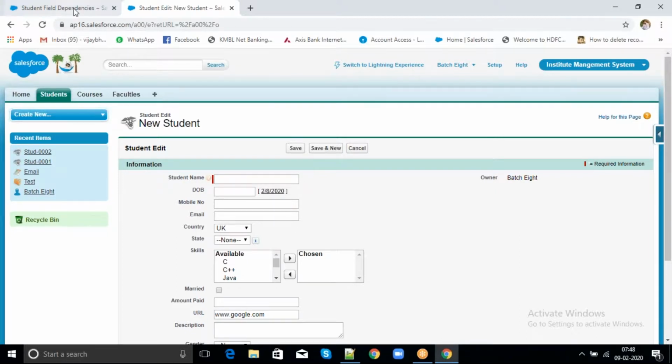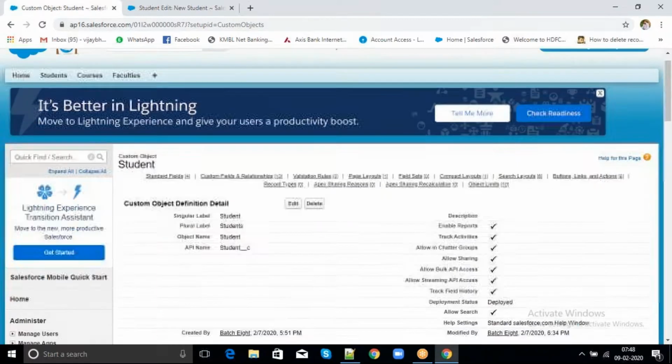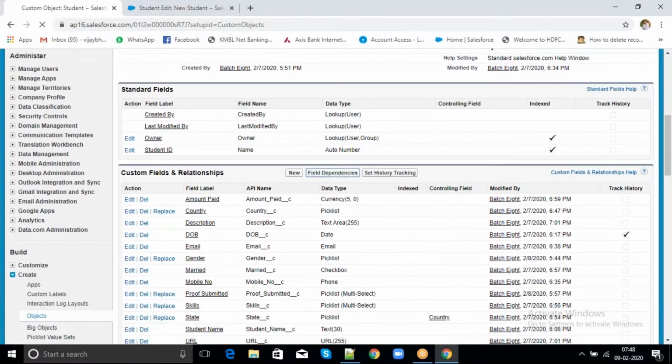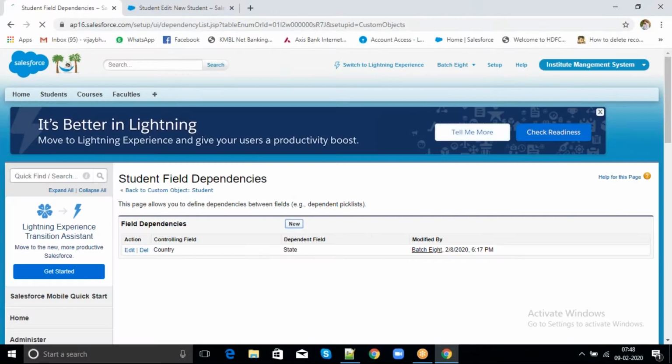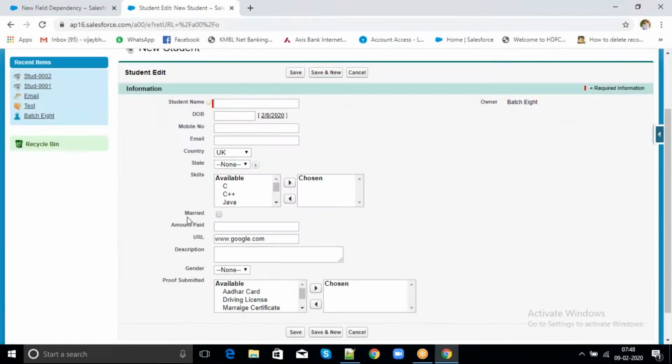Now let's go and create one more dependency. Click on field dependency, click on new. Now here we are having options. Checkbox married. A married person can submit only a marriage certificate.